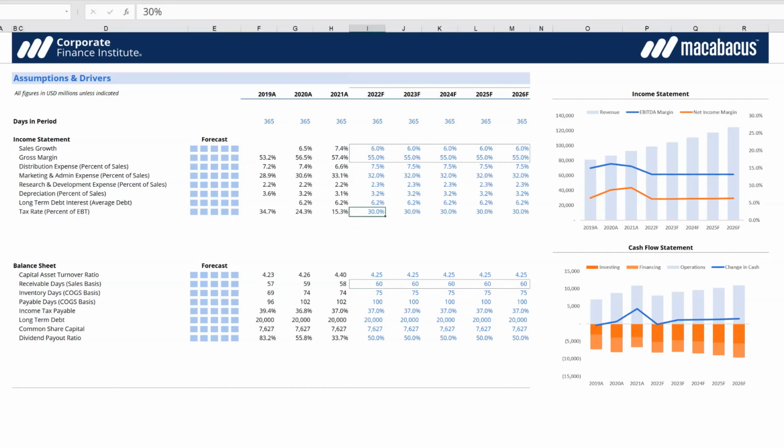So if ABC Sporting Goods is bringing on Walmart as a client, we know there's going to be a big jump in sales year over year in the current year. The current year, of course, is forecasted because they're only part of the way through. So let's say, taking from what previously would have been base case estimates of 6% with a 55% gross margin, we know that sales growth is going to be very, very high this year. And perhaps it's a little bit higher than projected as there's carry forward. And then let's say, as we go through our projections, that it drops down to something a little more modest.